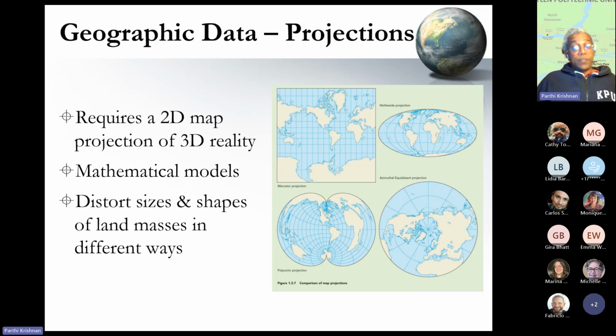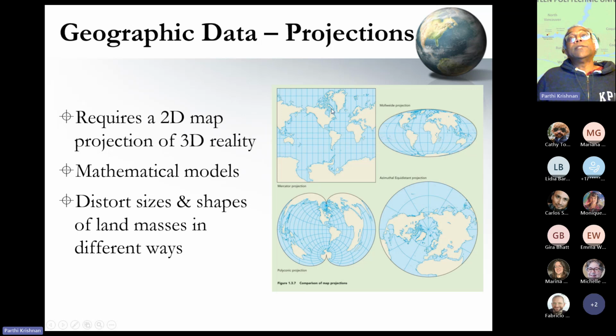However, different map projections, that you can see here, display the world differently, and they distort the size and the shape of land masses in different ways. So this top left projection system is the most common projection system that we tend to encounter on most maps, the Mercator projection system. It is used because it shows compass direction very accurately between any two points, and the shape of the land masses tend to be true. So the shapes are true, and compass direction is true, and so it is wonderful for navigation.